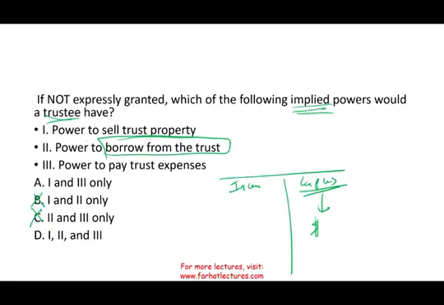But is this really your trust? Are these your assets? Not really. I am managing the trust. Well, sorry, if you're managing the trust, I can't give you money against something that you don't really own. Therefore, logically thinking about this, 2 is out. 2 is out, D is out, left with 1 and 3.